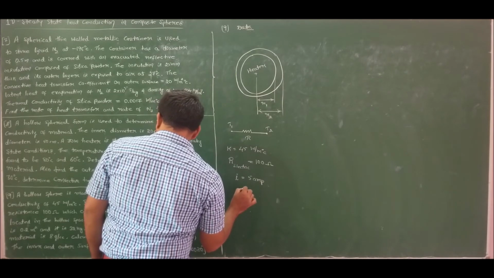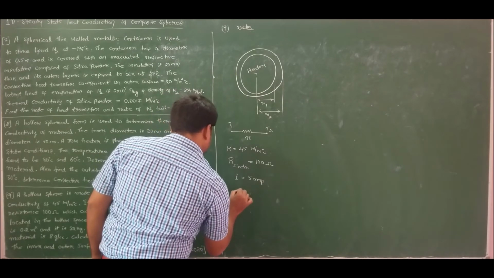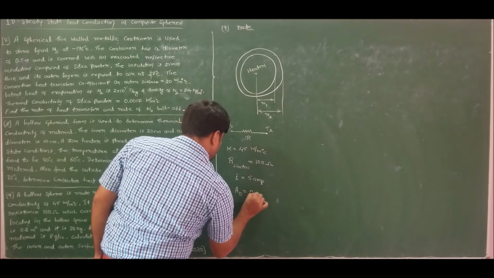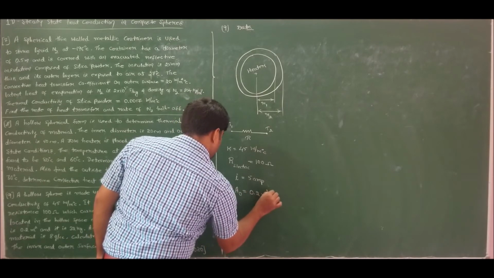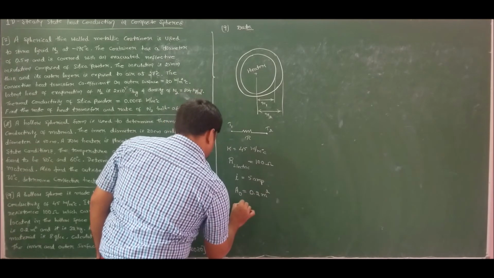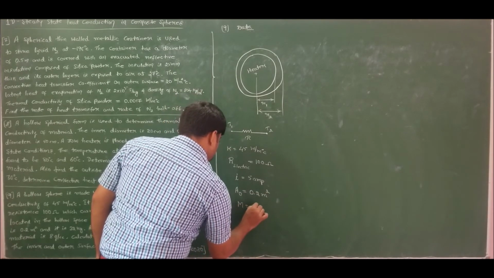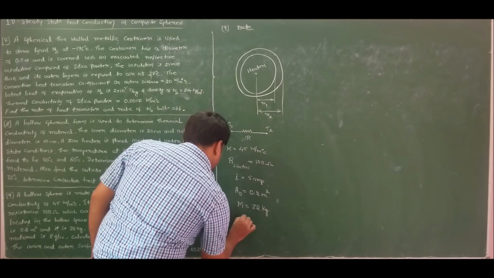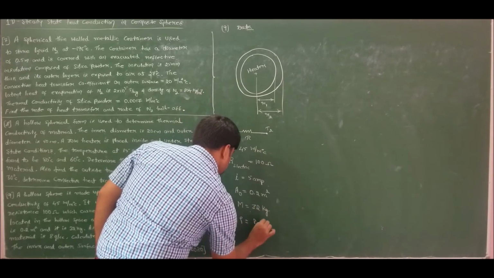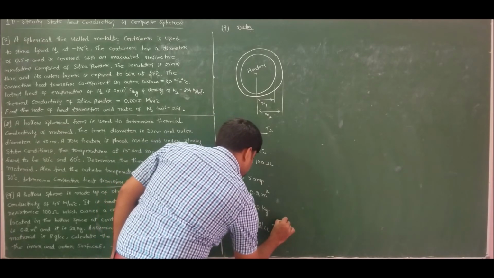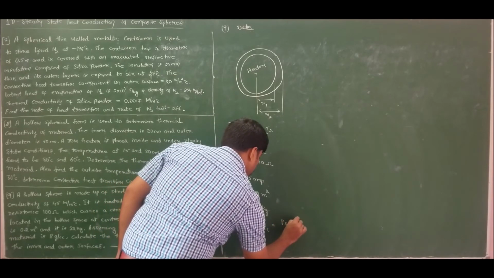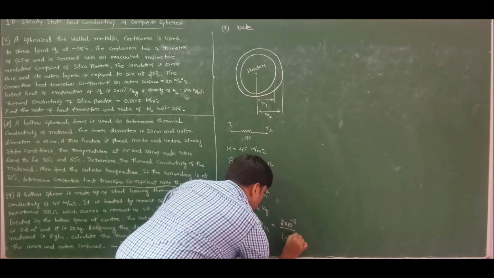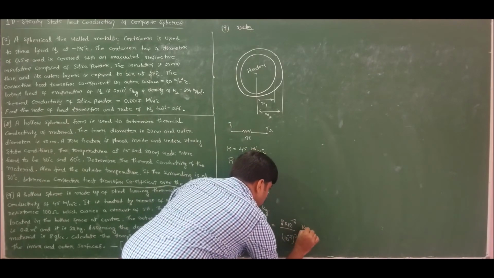The coil is located in the hollow space at the center. The outside area of the sphere is given, which is 0.2 meter square, and the mass of the sphere is given, which is 32 kg. He has given the density, which is 8 gram per cc, which is nothing but 8 into 10 to the power of minus 3 kg divided by 10 to the power of minus 2 whole cube, which will become kg